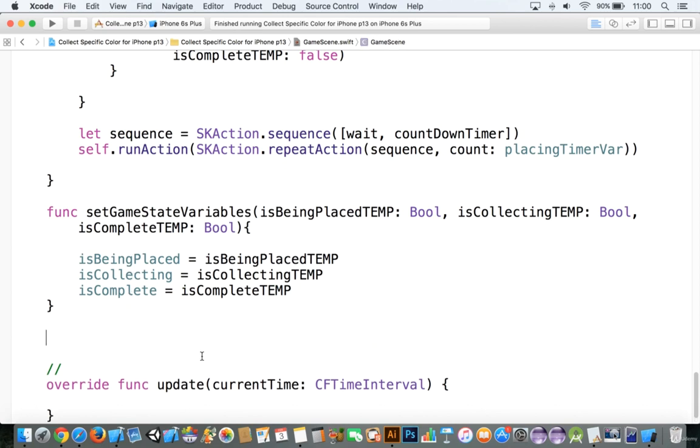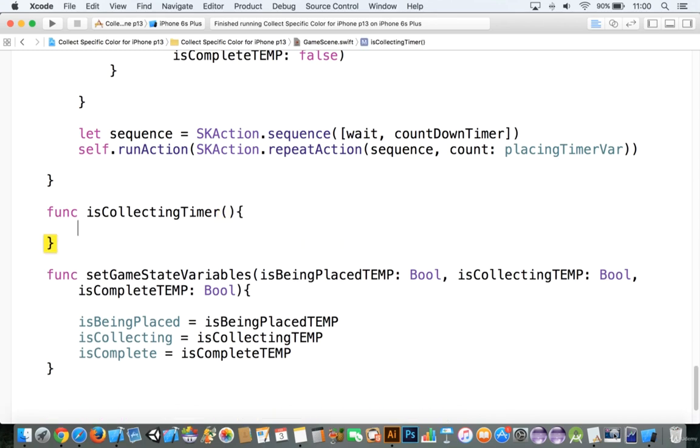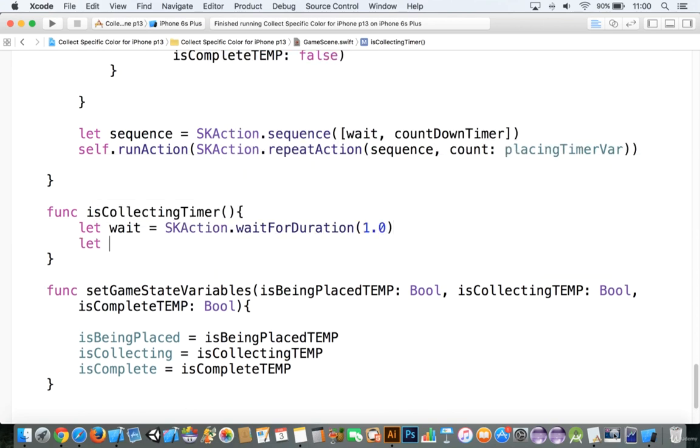So let's set that up. And I'm going to set this up before we set up our game state variable here. We're going to say is collecting timer, and we're going to say let wait is equal to SKAction.wait for duration, and we'll wait 1 second. And you can see that timers are set up pretty much the same way. We'll call this countdown timer